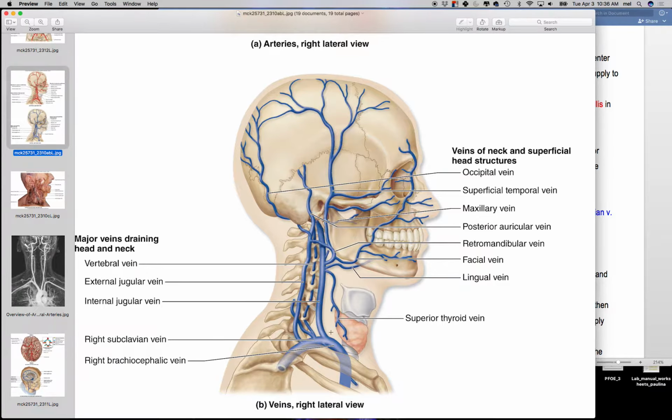All right, so luckily in lecture I test you from images from the textbook, but I'm just telling you that when you're in lab and you're actually looking at a cadaver, you have to follow the vessels to figure out which one it actually is. Okay, so